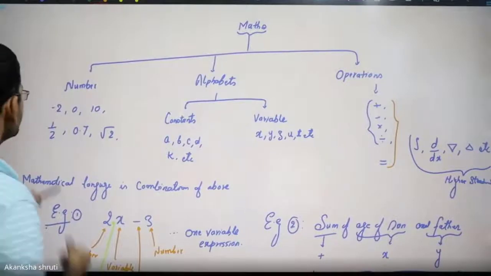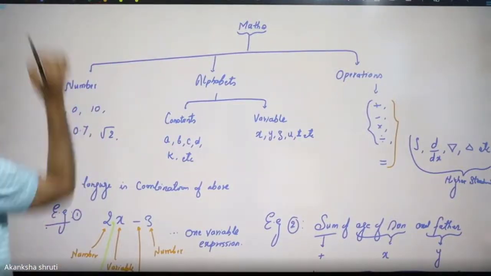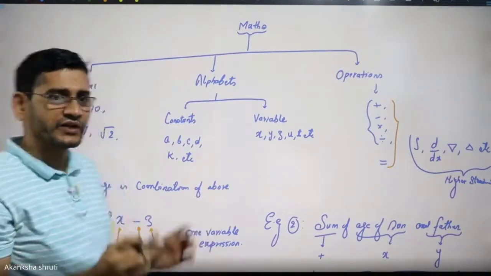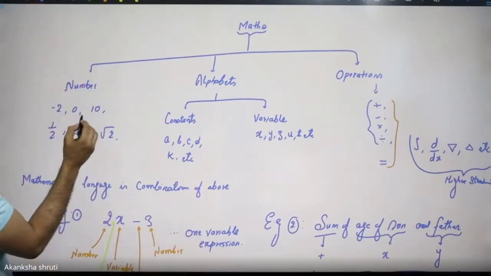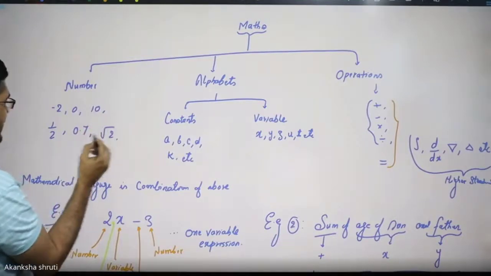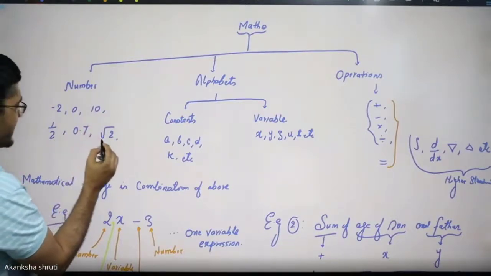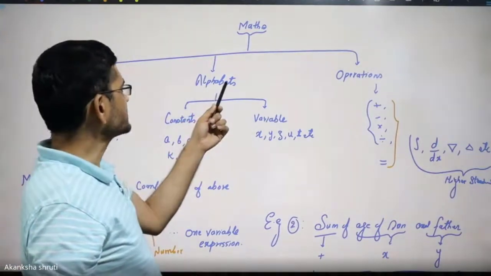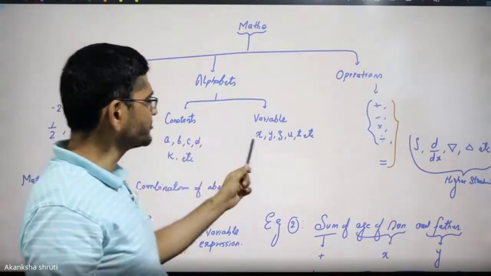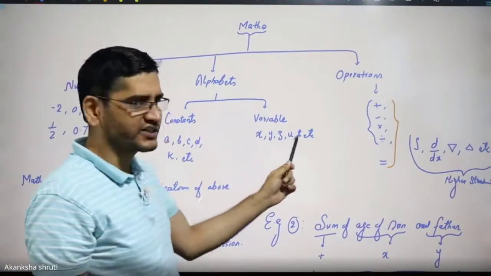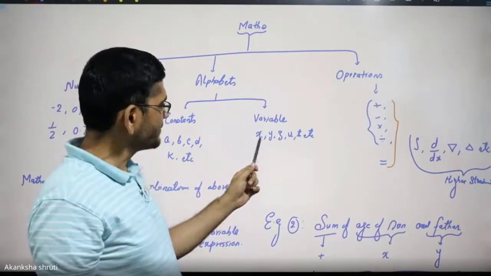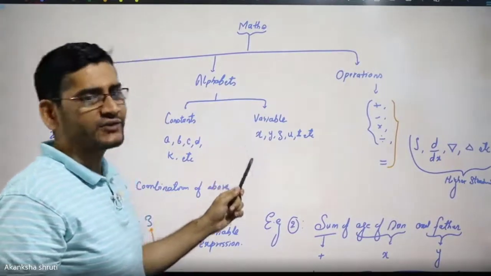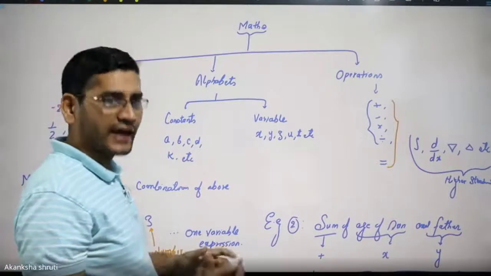These numbers may be of various types that we have already learned in Chapter 1 in much more detail. It can be a negative number, natural number, positive number, rational number, irrational number, decimal number, etc. Now, these alphabets may be in the form of variables like x, y, z, t, u. So these variables can have different values, and their values have to be calculated.